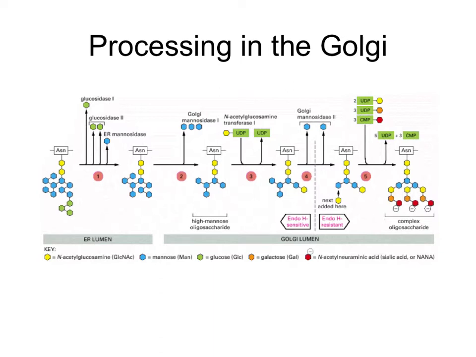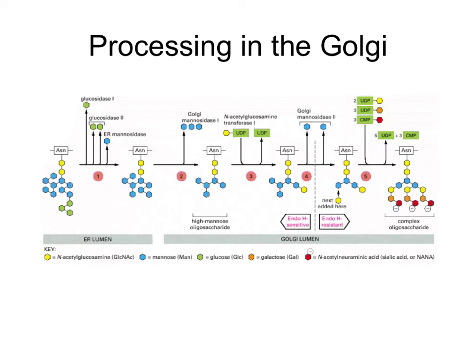After the attachment of that core glycan from the previous slide to a protein in the endoplasmic reticulum, the glycan becomes modified as it passes through. The types of processing depend on the identity of the protein, the cell type, as well as the physiological state of the cell. As you can see, as it's going through the ER lumen, you have different enzymes clipping off the core, and then as it starts to pass through the Golgi lumen, you have again more trimming occurring, and then additions happening